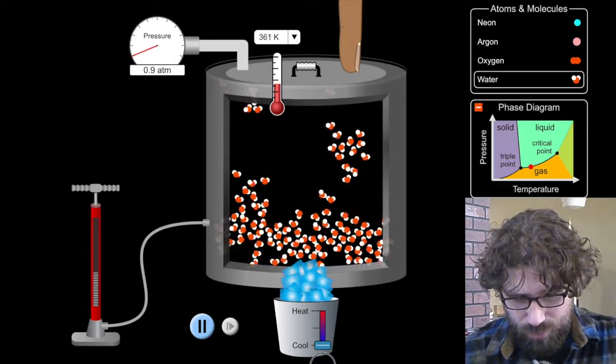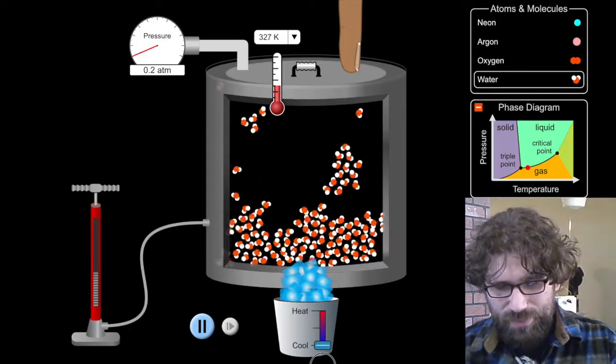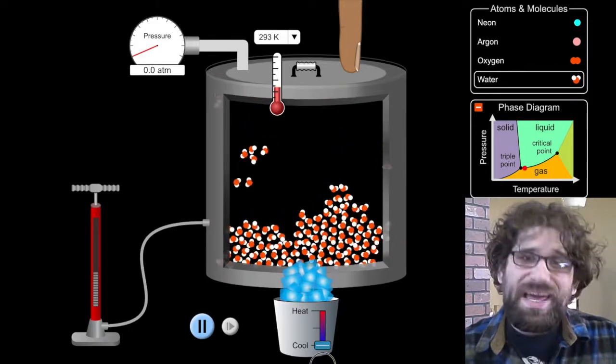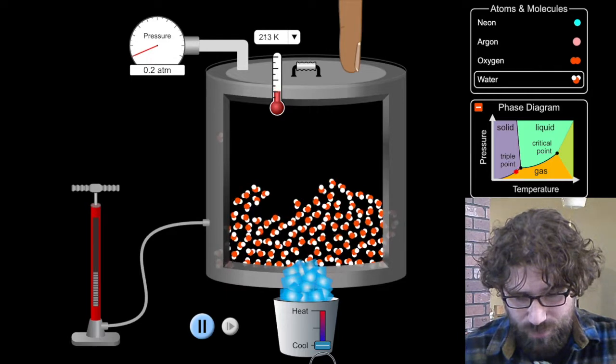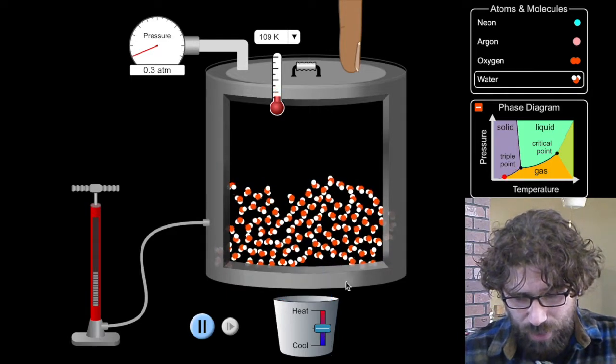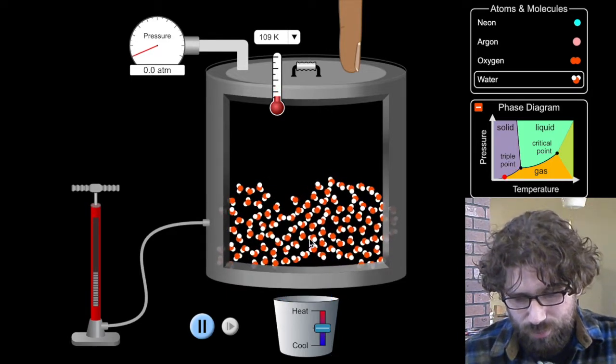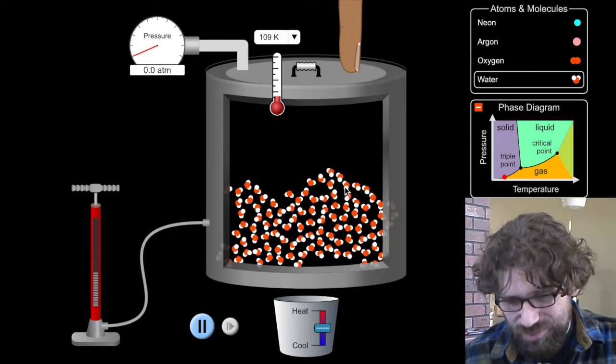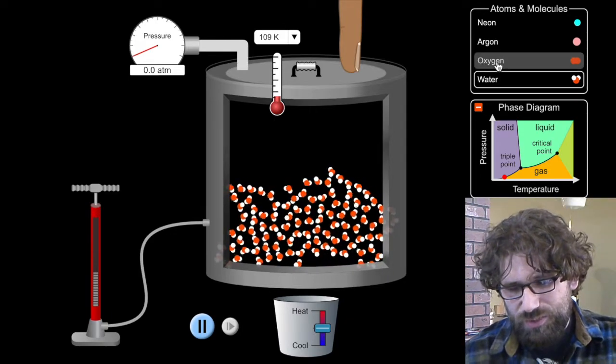Dropping it down, dropping it, dropping it. We can see that the atmospheres are going down as well. The pressure is dropping along with the temperature. If I drop it down low enough, now, hey, look at that. Now we're a solid. What I really like about this simulation is that you can also change it to oxygen,